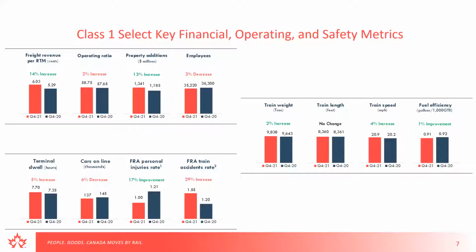And then supply chain is obviously a very big topic today, and we include terminal dwell times. They're a little bit higher in 2021 Q4. For the first 6 weeks through October and the beginning of November, they were quite similar to previous years. But then the flooding had quite an impact, and select yards in BC dwell times increased from about 10 or 20 hours to over 70 hours for a couple of weeks. Not over 70 the whole time, but quite higher than regular for a few weeks.